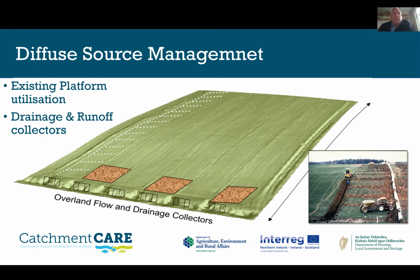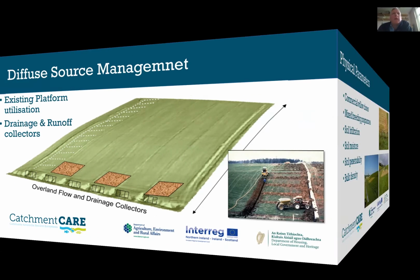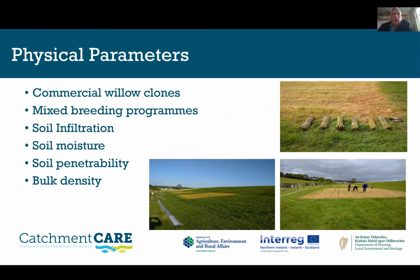So we can see, the picture in the bottom right-hand side shows how the site was constructed. You can see the drainage going in, you can see the bunded lines going in, separating each area. So we've got 6 runoff plots about 14 meters wide by about 140 meters long, and we planted 3 with willow. And the kind of willows we chose were commercial clones from the European and Swedish breeding programs. We monitored a number of physical parameters such as soil infiltration, soil moisture, the penetrability, bulk soil density,